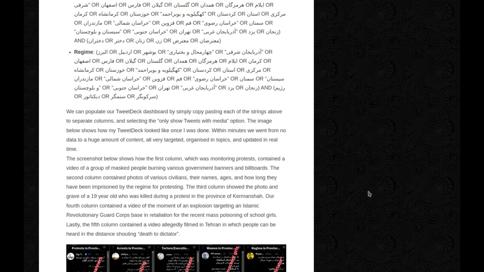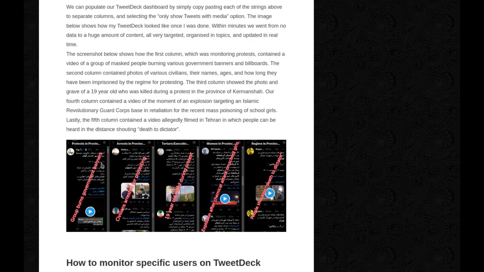We can populate our TweetDeck dashboard by simply copy-pasting each of the strings above to separate columns and selecting the Only Show Tweets with Media option. The image below shows how my TweetDeck looked once I was done. Within minutes, we went from no data to a huge amount of content, all very targeted, organized in topics, and